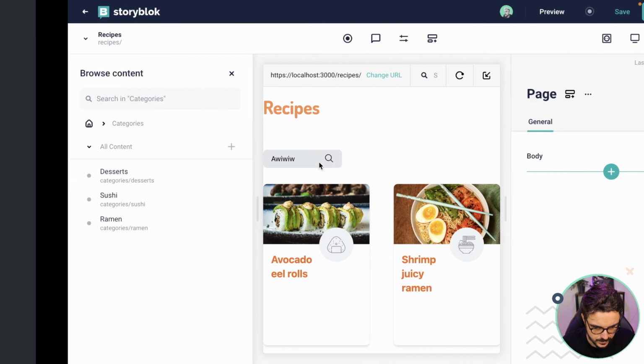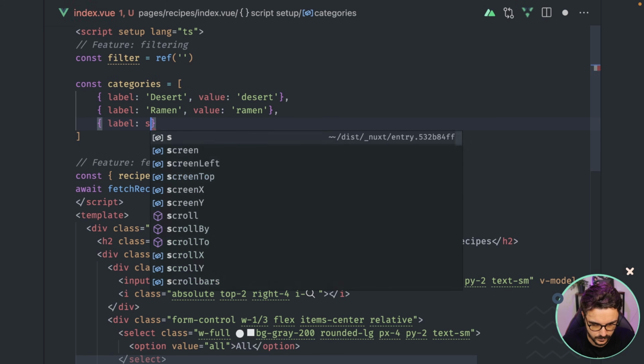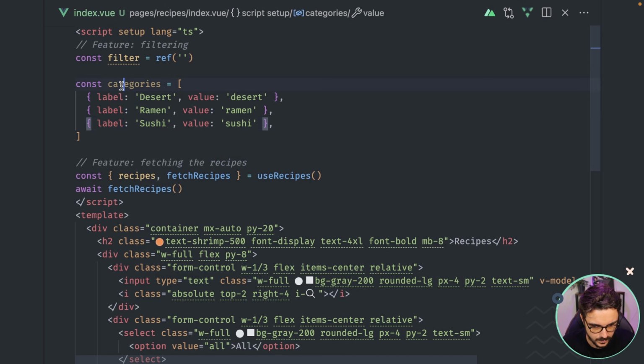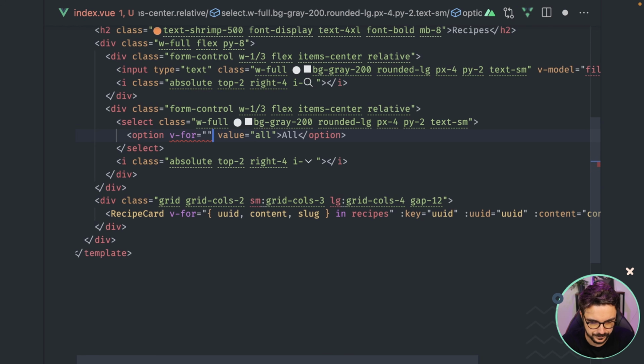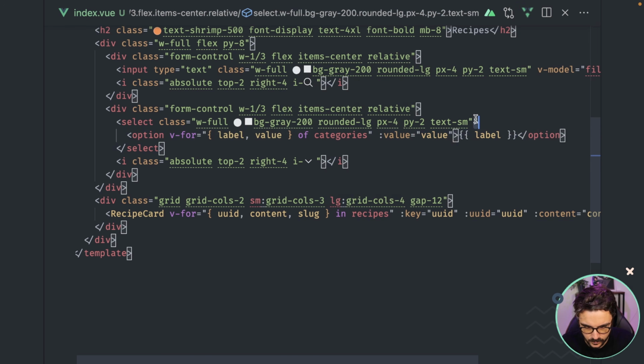Comma, which was the other one? Sushi. So sushi, label sushi, value sushi. Okay, so we have our list of categories. Just here we're gonna do a v-for. We're gonna iterate them, and we're gonna use the label and the value of categories, and the value is gonna be value here, and this is gonna be the label. That's fine, and we want to save that in